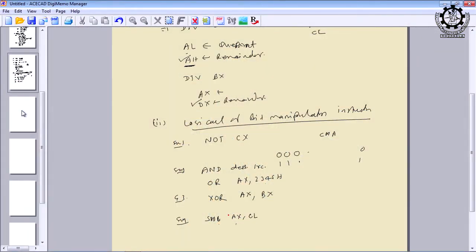Rotation means the leftmost bit position must be affecting the rightmost bit position after the rotation. But here in this case only a number of bit positions will be shifted left and that value will be there in CL. Suppose if I write SHL AX comma 1, what is the meaning of this? I am just shifting AX content 1 bit position left, because here I am clearly mentioning one value, 1 means 01H. Okay. So, that indicates that either you can use a register or you can use a data to indicate how many times you want to shift the content of AX.